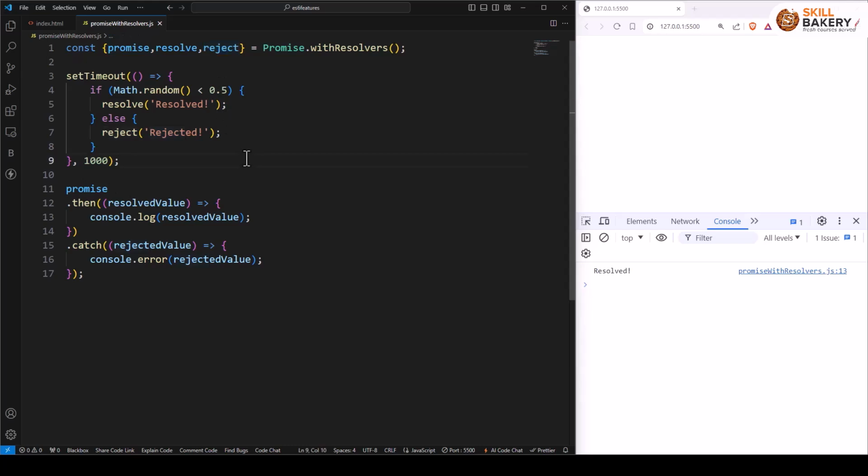As you can see in this example, we have this setTimeout method, and then here, if Math.random is less than 0.5, we're calling the resolve, and then we're printing the message resolved. Otherwise, we're calling reject. Now, here we are making use of the promise, as you can see on line 11,